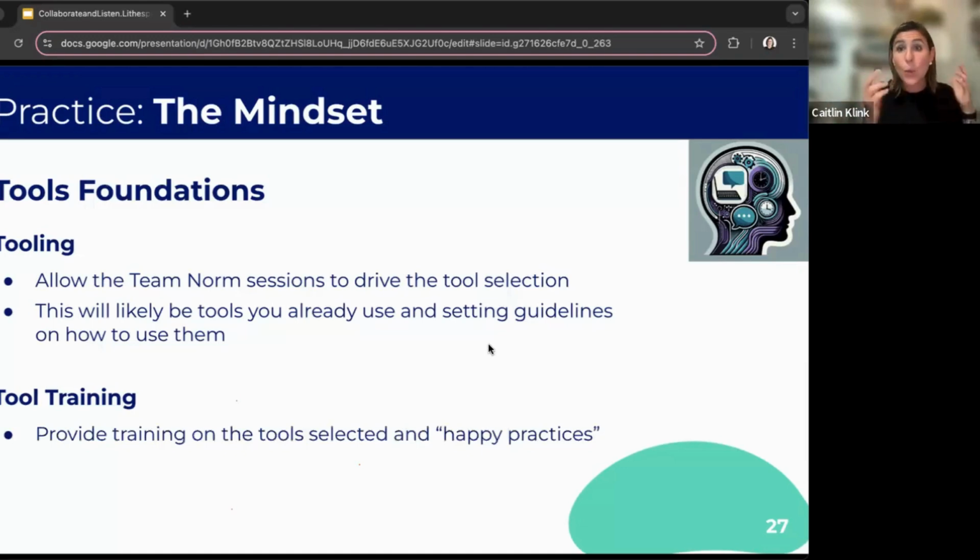What are the best ways that we as a team, because best can be subjective, want to use this tool, and put together some quick training on how to @ somebody in a Google Doc, how to leverage a Miro board for collaboration, how to create a Microsoft Teams channel, whatever the case may be. Make sure that everybody has a shared understanding about how to execute that happy practice instead of just assuming that they do.